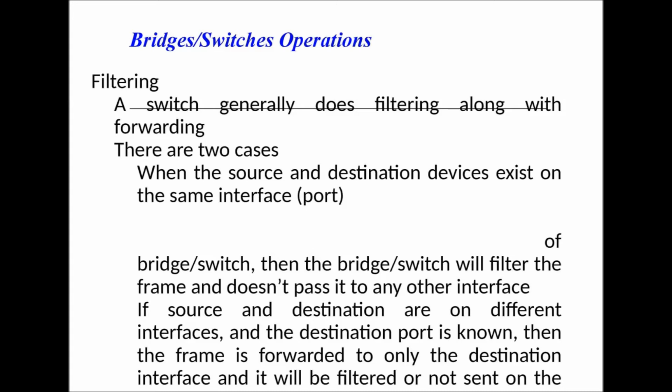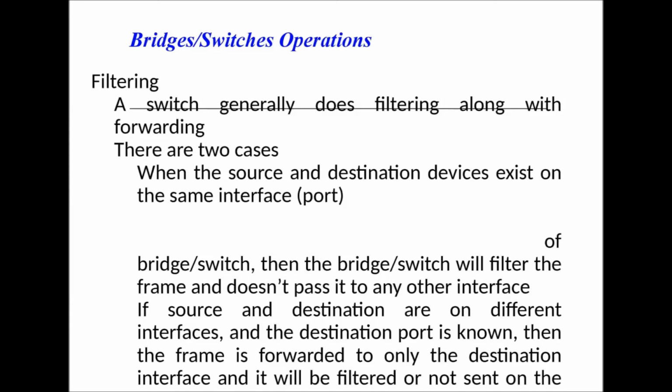There are 2 cases in filtering. Case number 1: when the source and destination devices exist on the same interface. Same interface means same port, because every internetworking device contains some ports, and these ports are called interfaces. Normally a switch is available in 24 ports, 48 ports, 72 ports, and so on. Then the bridge or switch will filter the frame and does not pass it to any other interface,